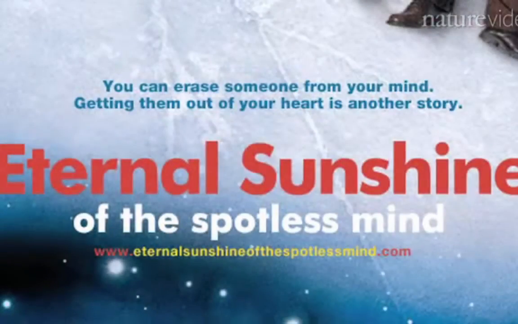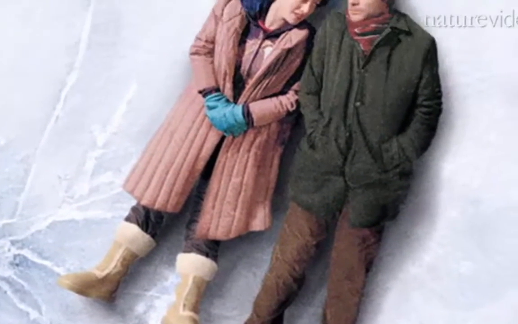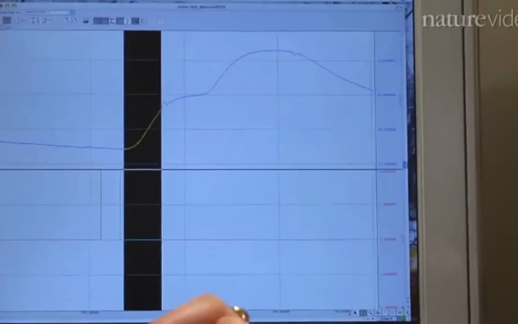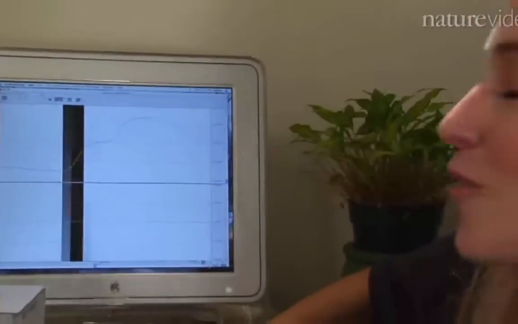The big difference between this and what you see in Eternal Sunshine of the Spotless Mind is that here we're targeting a very specific fear memory, not your ability to recollect information. In that movie, Jim Carrey wanted to completely forget Kate Winslet altogether. Here, because this specific type of fear memory is represented in your body's response to a fearful event, we're eliminating the memory of that. You will still be able to tell me what happened. And you will still have all of that information available because that's another kind of memory we didn't target.